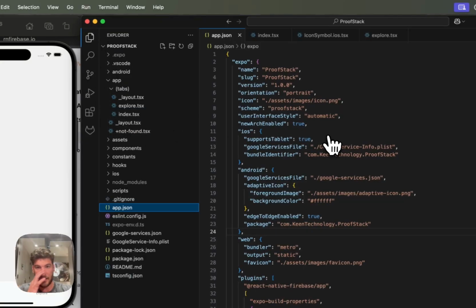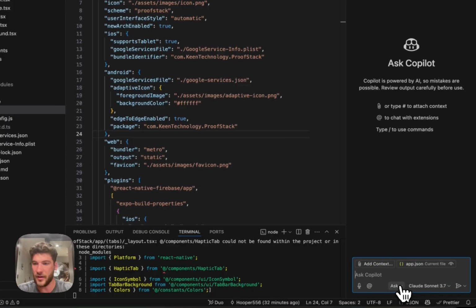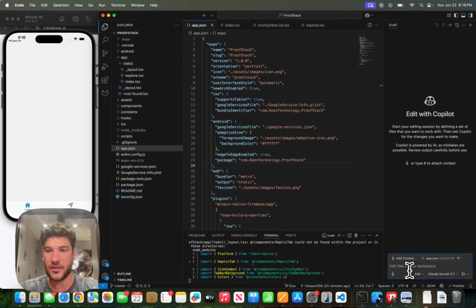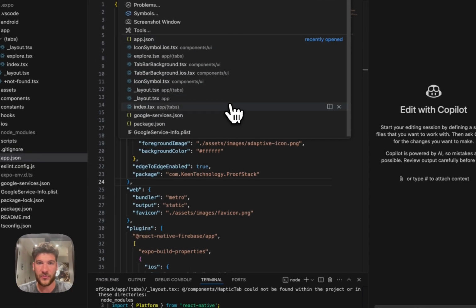Let's do it. Let's go in here to our Copilot. If you don't have the Copilot subscription, you're not gonna be able to do this, but essentially let's turn our index for now